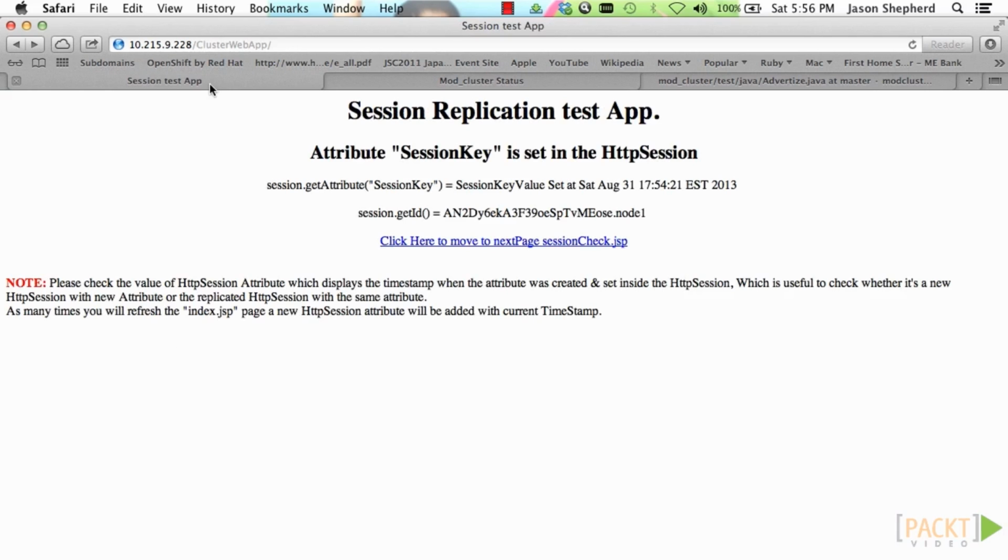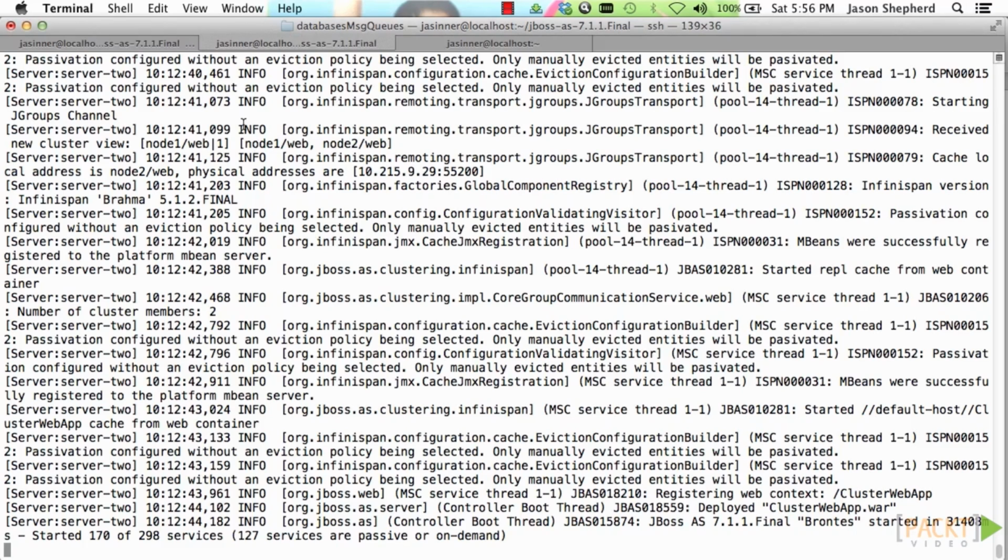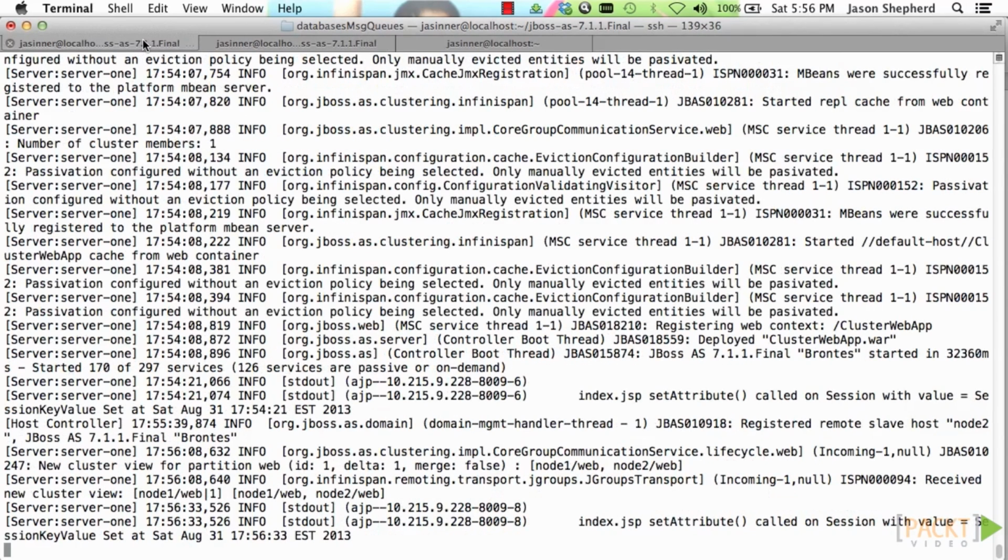So let's test again, sending a request to the application and check the logs for what server that landed on. So this was node 2 and this was node 1. Notice the 228 address. Now what I can do is I can shut down this node,